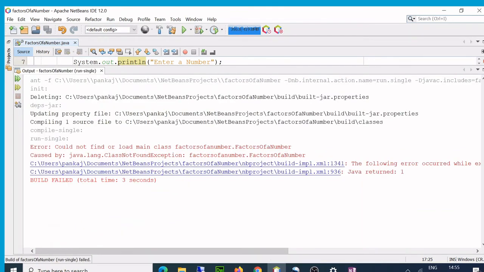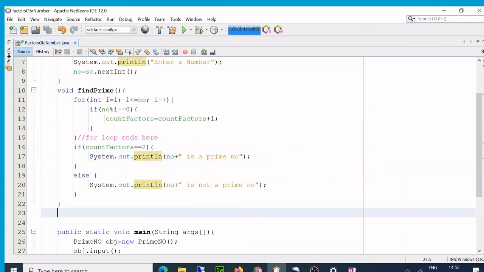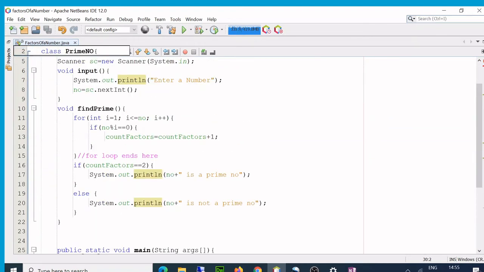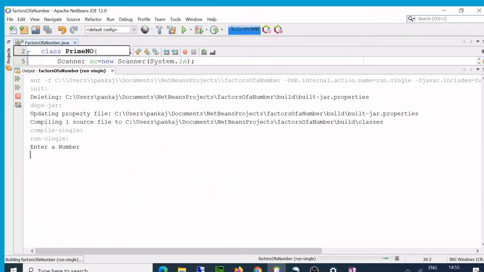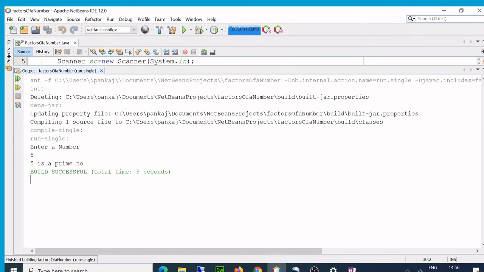It takes a little time. Oh, what is the error? Where is the error? Okay. So I enter, let's say 5, that's what we checked, it is a prime number.